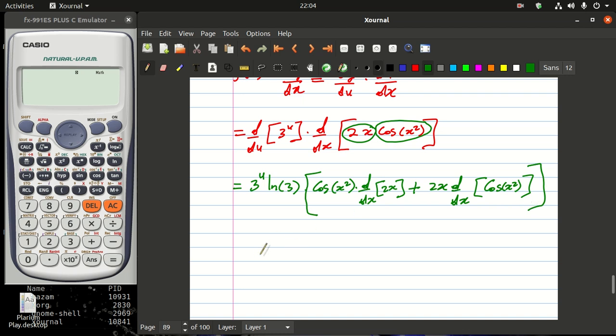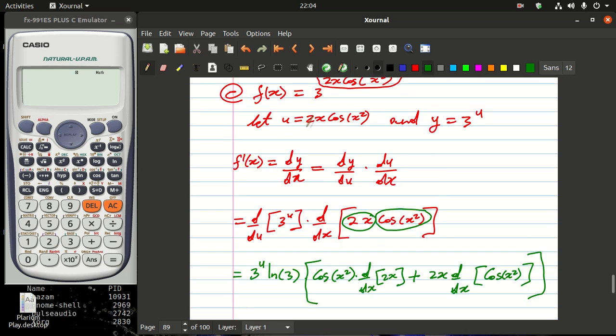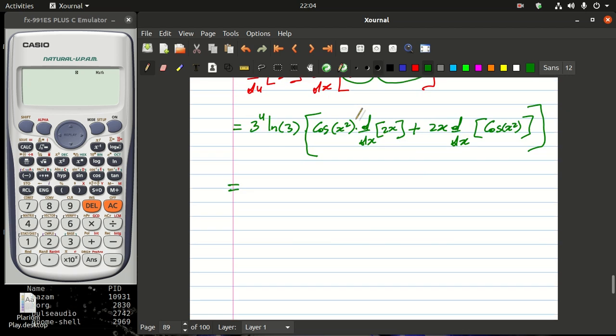And then of course here I know that what was my u? My u was just 2x cosine of x squared, so this whole thing here is going to be 3 raised to 2x cosine of x squared, and then times this ln of 3 here. This is just ln of 3, and then inside here I still have cosine of x squared, and then this whole thing, what is the derivative of this whole thing? We can always pull out the constant and take the derivative of this whole thing here, so we end up